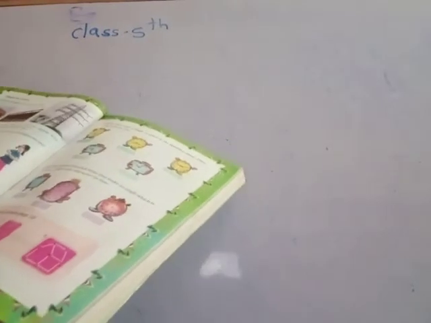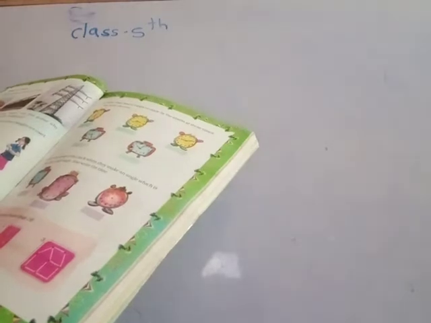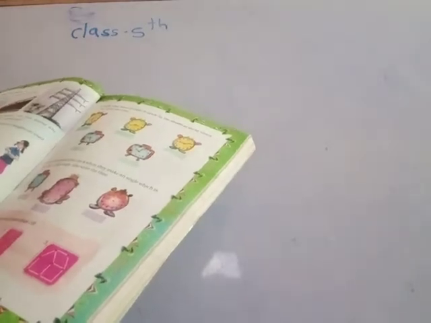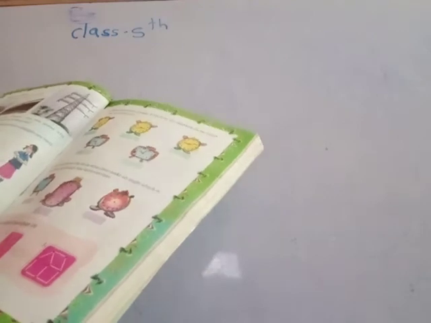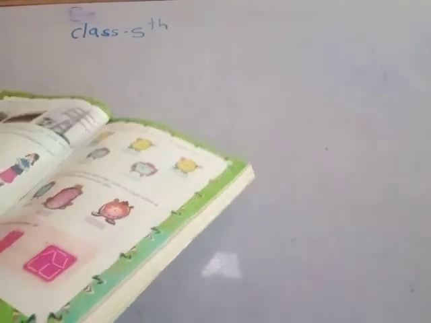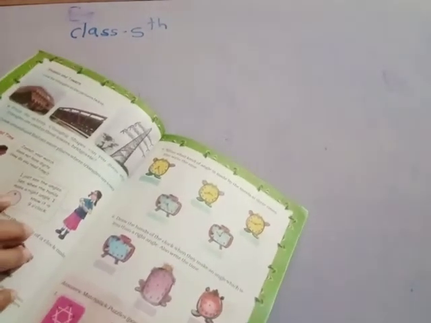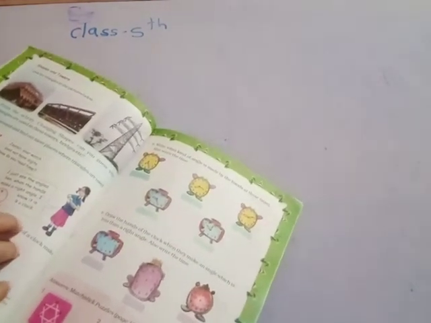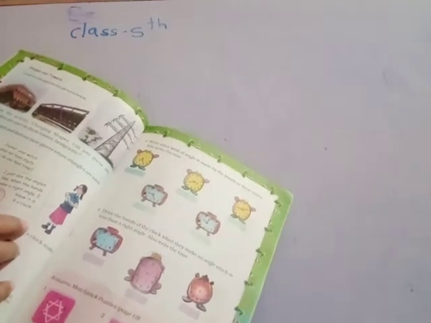Angle and time. Jinath, your watch does not have digits. How do you read time? I just see the angles. See, when the hands make a right angle, then it is exactly 9 o'clock. See here, the short hand on 9 and the long hand on 12 means exactly 9 o'clock. This time is 9 o'clock.